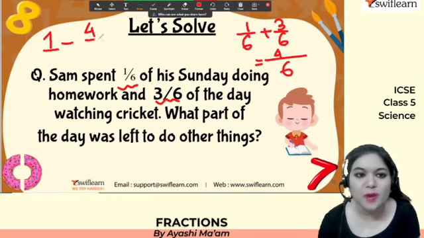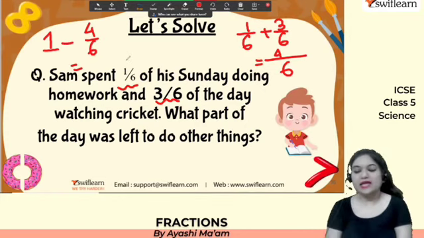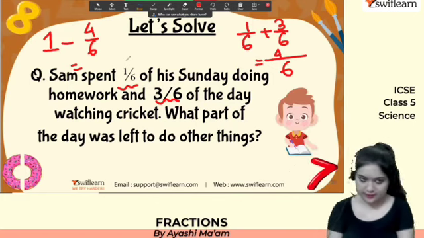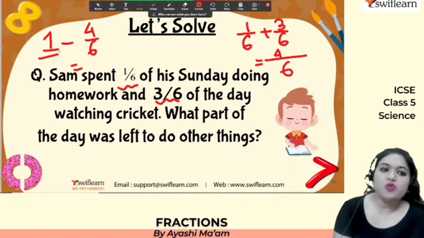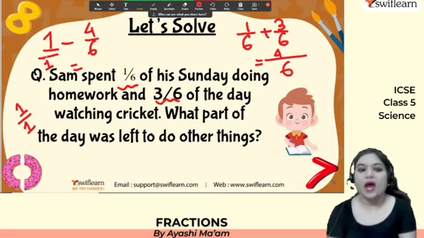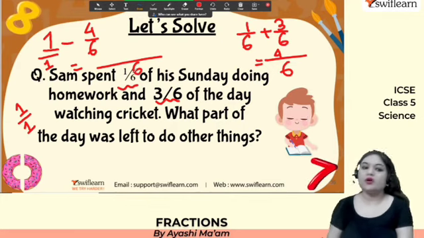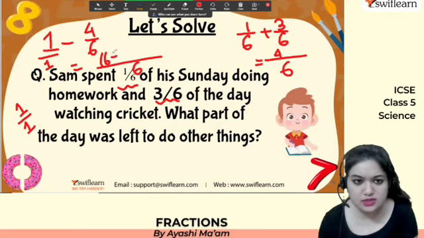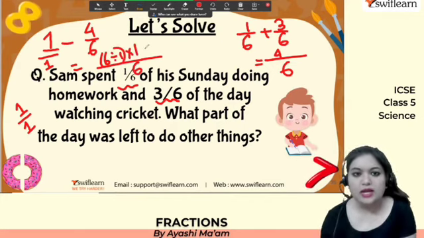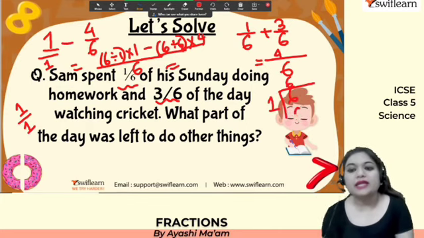1 minus 4/6, the part that has been already used up by him. So 1 minus 4/6. 1 as a whole means what? 1 means in the denominator also we have a 1. So we can simply write 1 as 1 by 1. So now find out the LCM of 6 and 1, you will get 6 only. Okay, and then 6 divided by 1 into 1 minus, you have to do 6 divided by 6 into 4. Okay, by 1, then you will get the answer as 6, right?